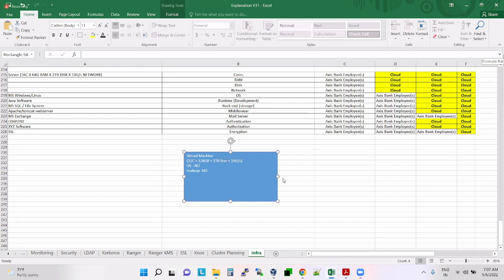This is the VM you are taking, but there is no OS inside that. There is no Hadoop inside that.